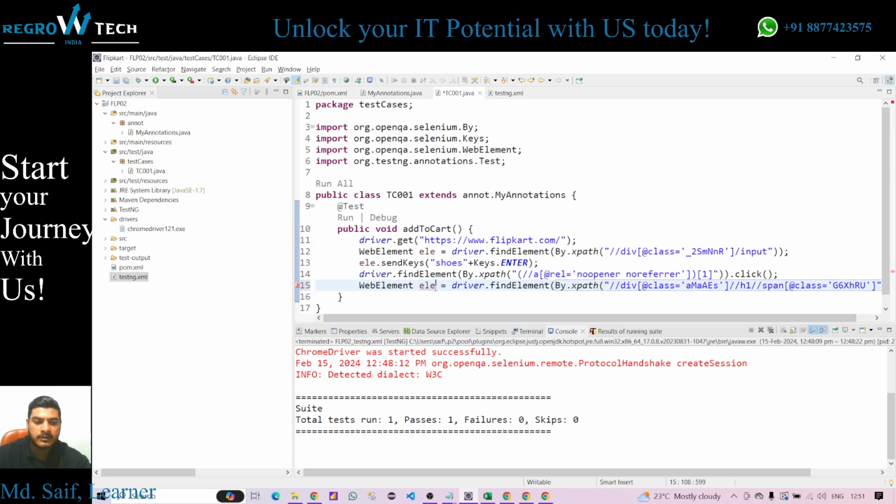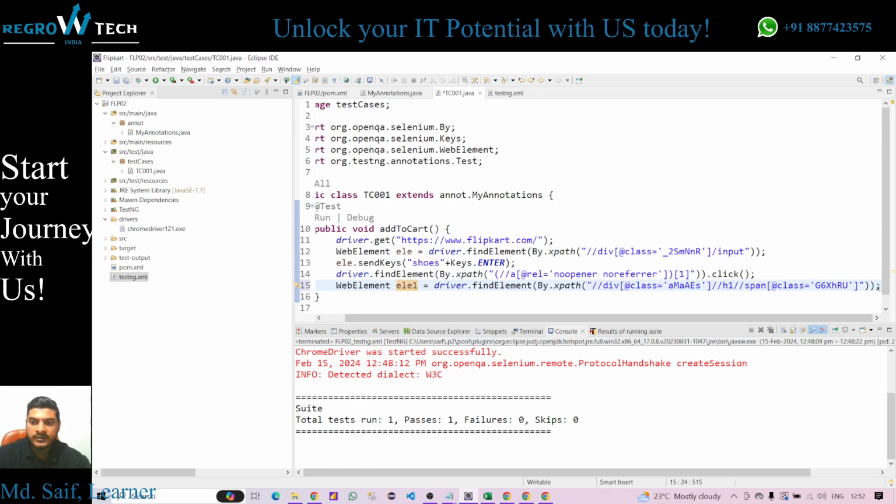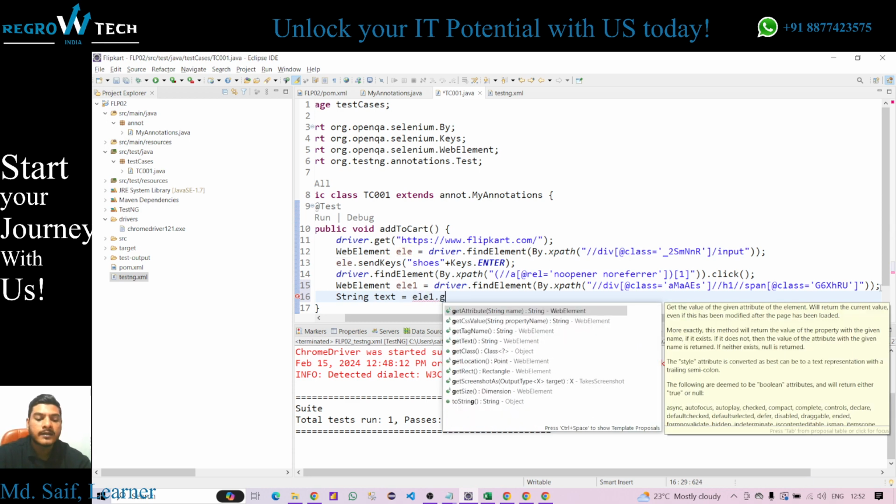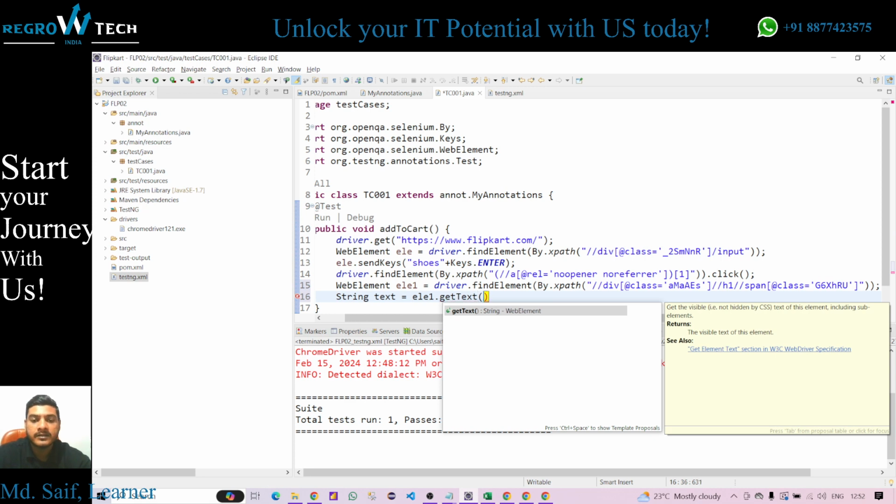Variable name should not be the same. So now the web element is stored in the ele1 variable. Now we have to extract the text. So simply write text. Now ele1 dot, there's a method called getText to extract the text from the web element. Just simply pass